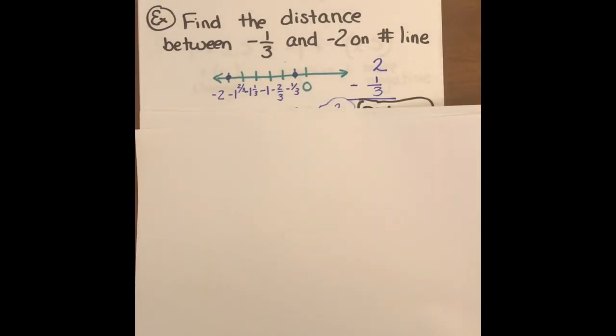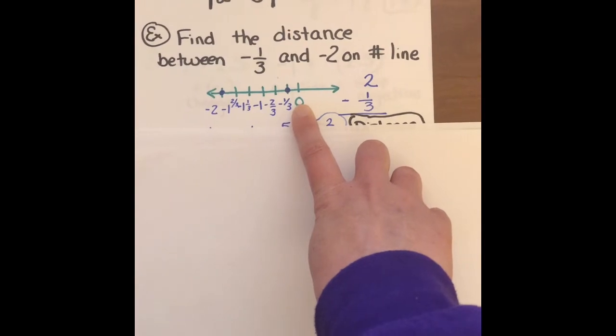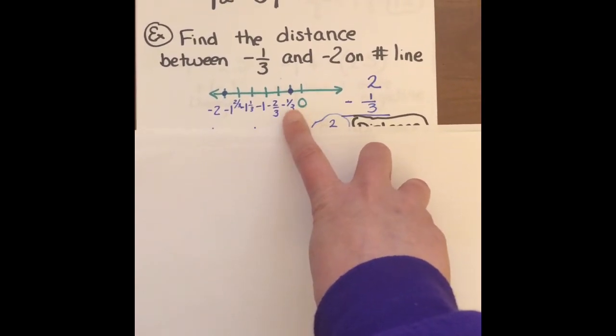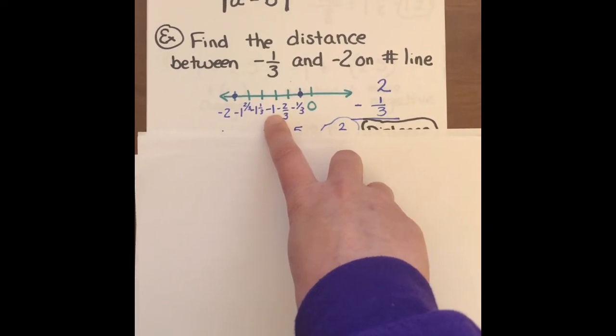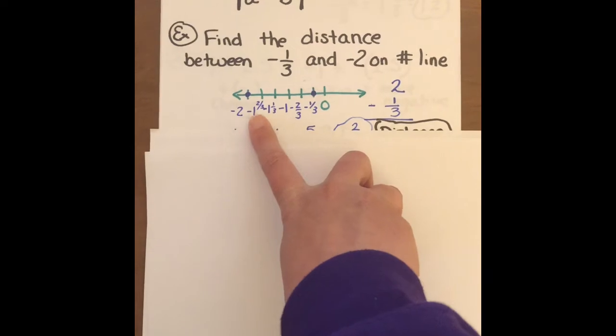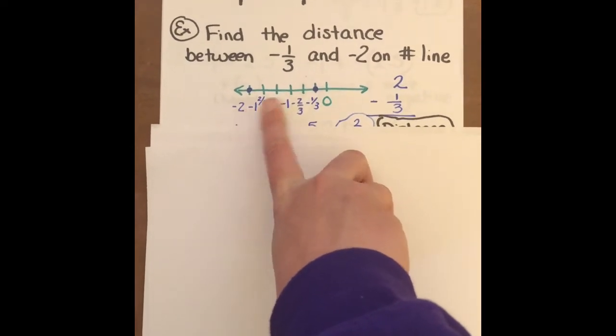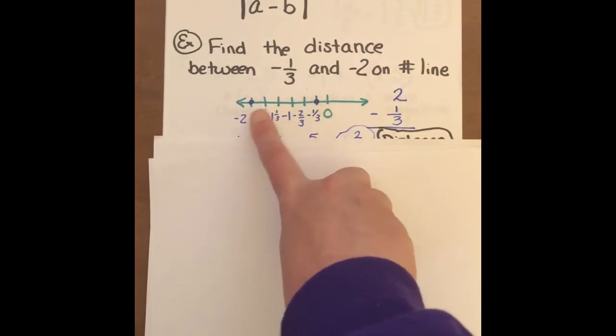Well, I broke up my number line into thirds. So I went in the negative direction. Here's my 0. I got negative 1/3, negative 2/3. This would be negative 3/3, which is also a negative 1. Negative 1 1/3, negative 1 2/3, and negative 2. So that took me the whole range of where I needed to be, and I need to find the distance